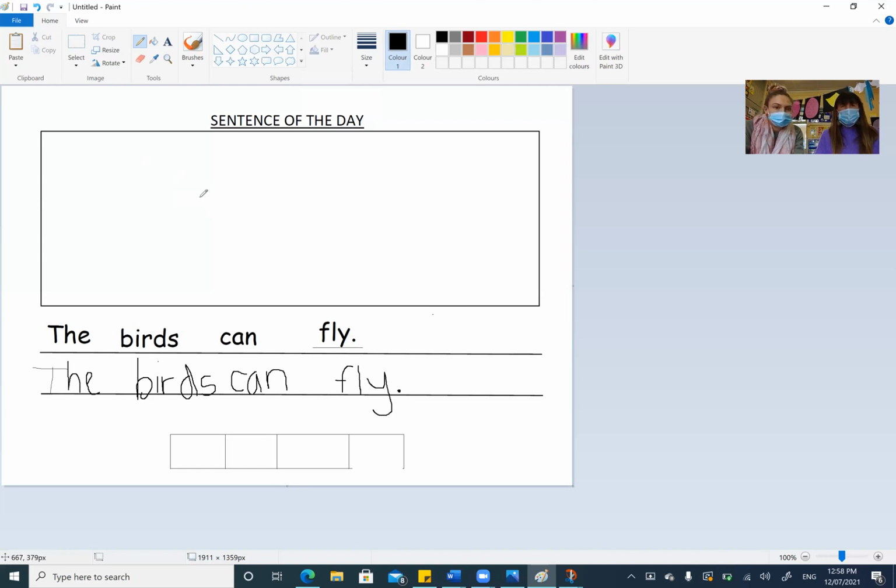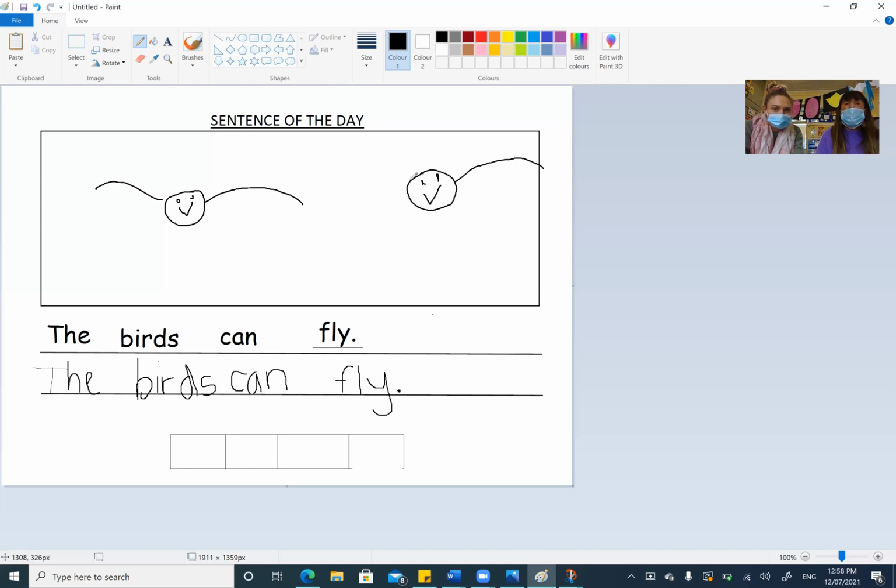So Miss D is going to draw not one bird, because it has birds. It's a plural. It has more than one. So she's drawing a beautiful bird with a smiley face. So there's more than one. The birds can fly, and they're flying.